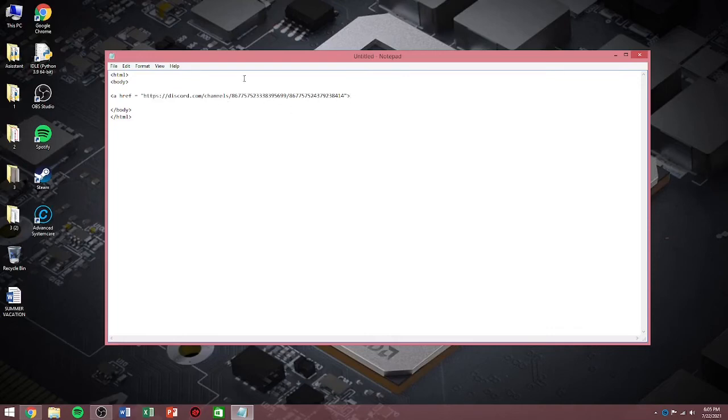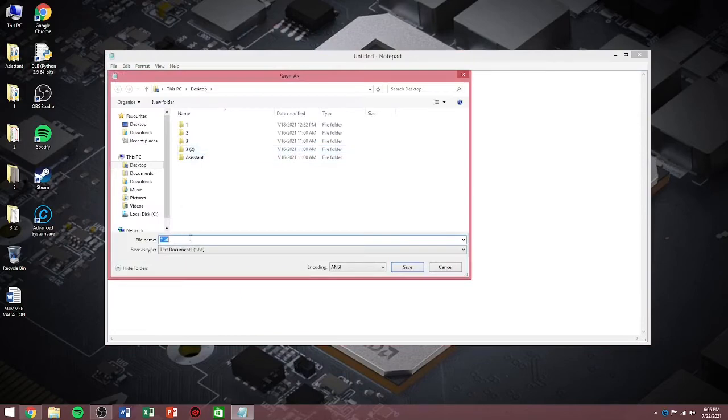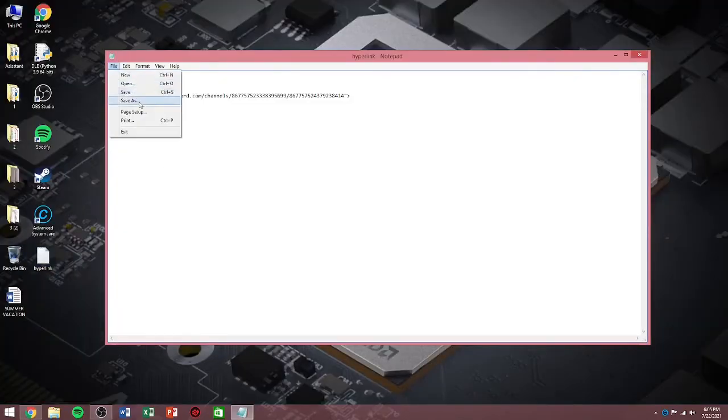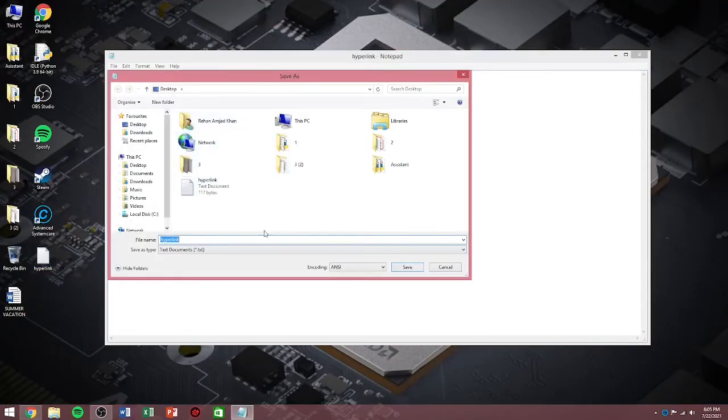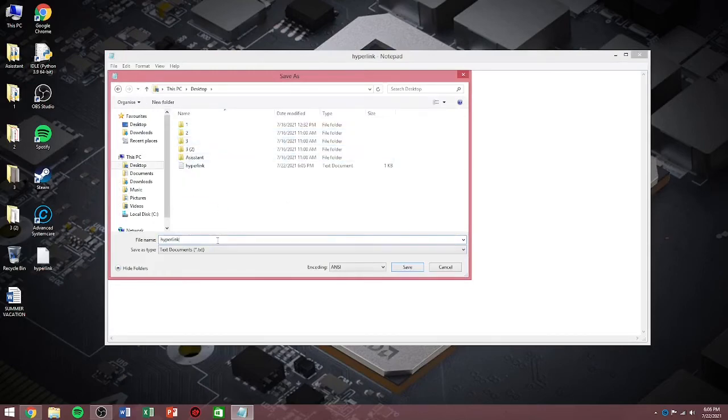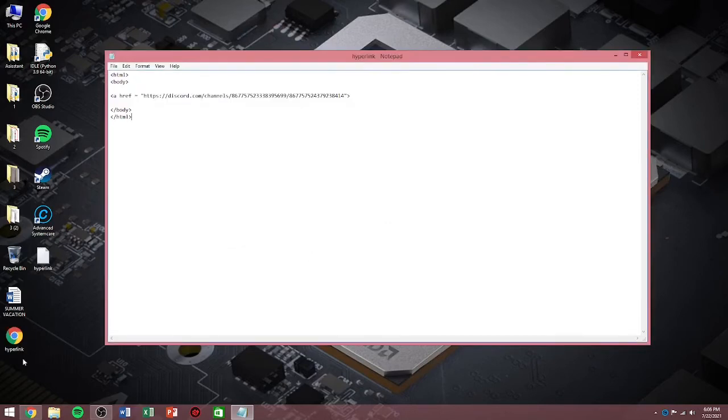Now I will be saving this as hyperlink.txt on desktop only, as you can see. Then I will be saving this again with a HTML file extension, hyperlink.html. So as you can see, it has opened hyperlink.html from desktop, but it is not showing us any link on